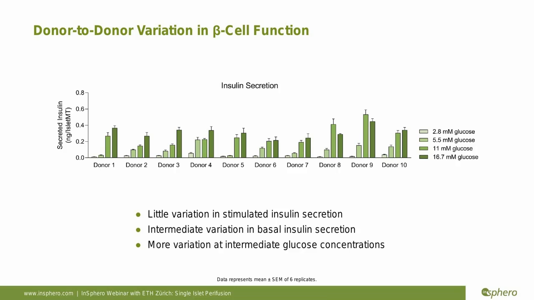This is around 2.5-fold between different donors we tested. We see some intermediate variation in the basal insulin secretion. This can reach up to 4-fold between different donors we tested. And we see more variation at intermediate glucose concentrations, such as 5.5 or 11 millimolar glucose. And this may be due to different affinities of rate-limiting enzymes, such as glucokinase and glucose transporters on the cell